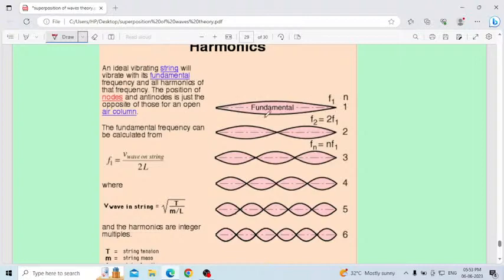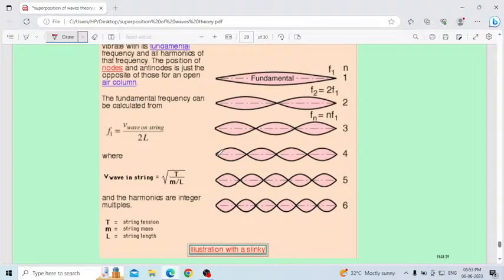Consider this is the fundamental frequency, you can observe here. Then once it achieves the fundamental frequency, in the next case it will produce harmonics, meaning the number of waves will be increasing, but those waves will vibrate with the same frequency. Okay,